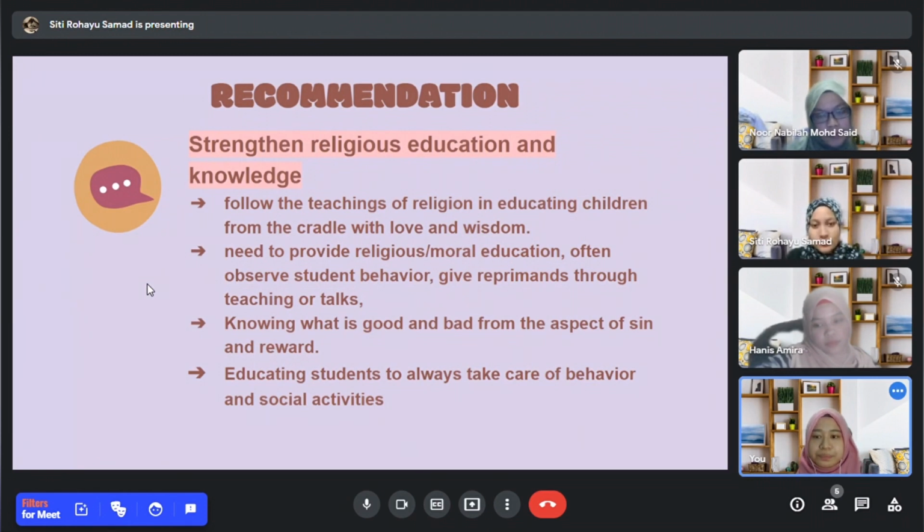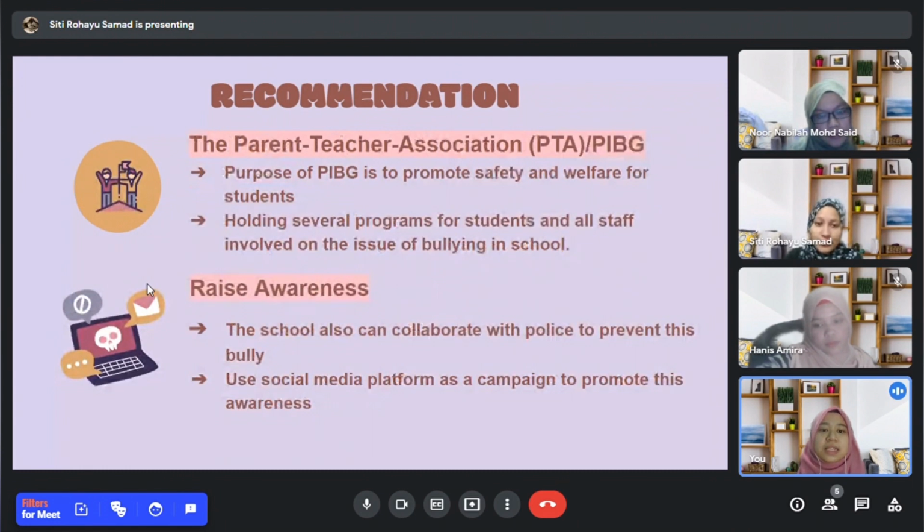Next, for the next one is the Parents Teacher Association. PTA, or what we call PIBG, also plays a big role because it should be used as a platform to discuss any issue that arises related to the children who attend the school, like bullying. As we know, the purpose of PIBG is to promote safety and welfare for students. And the PIBG also can hold several programs for students, and all staff should be involved in this issue of